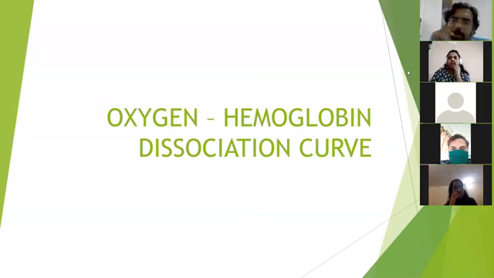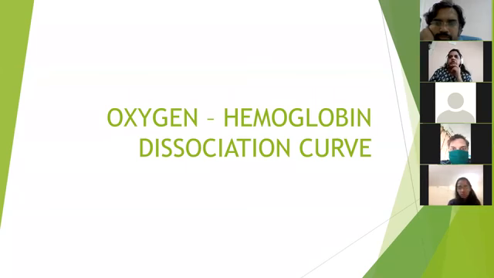Okay. So today's topic is oxygen hemoglobin dissociation curve. First of all, when we inhale the air, 21% oxygen is there. It goes from the nasopharynx, then the larynx, trachea, bronchi, primary bronchus, secondary bronchus, tertiary bronchus. Then it goes into the lower respiratory tract through the bronchiole, terminal bronchiole, and at the alveolar sac level, there are a bunch of alveoli, where the oxygen carbon dioxide gaseous exchange takes place.